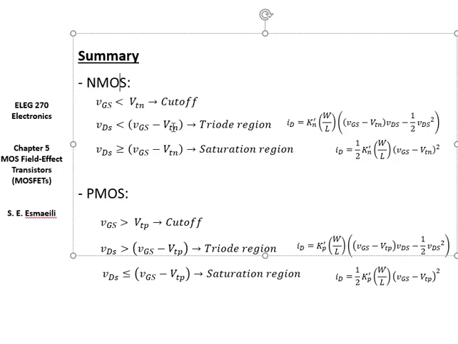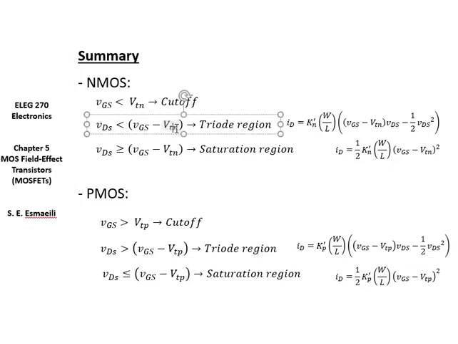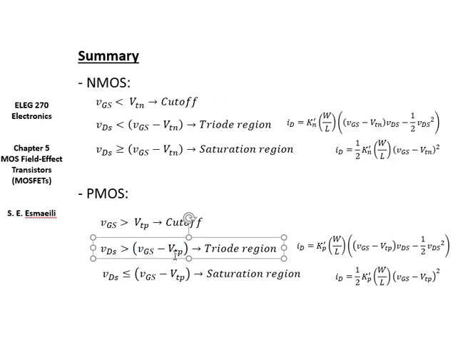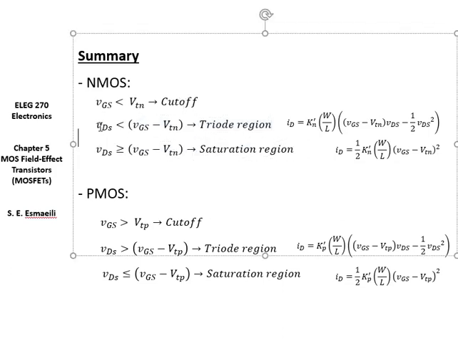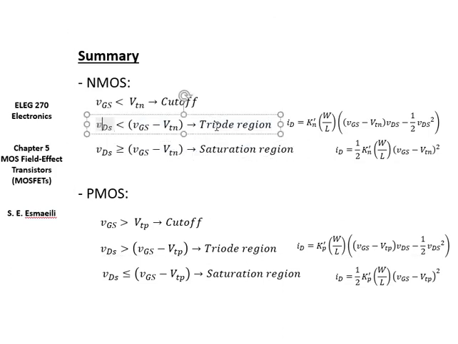What is VTP, VTN? This threshold. VTN is the threshold voltage for NMOS. VTP is the threshold voltage for PMOS. So these must be given as one of the characteristics of the transistor that you're dealing with. Okay? So now, next step, when you check the VDS and figure that you are in the triode region,